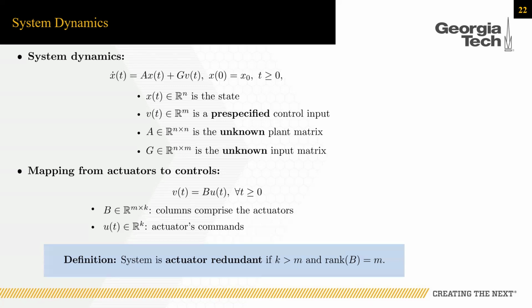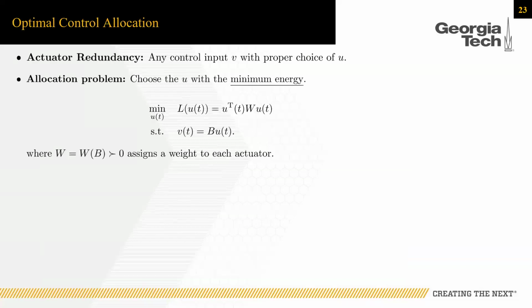Okay. Again, remember that our system is actuator redundant. Okay, we had this before too. Of course, again, I want you now to interpret it with respect to V. So any control V with appropriate choice of U will define actuator redundancy. Okay. So since we do that over trajectories, as I told you, this is a well-known problem, which is an